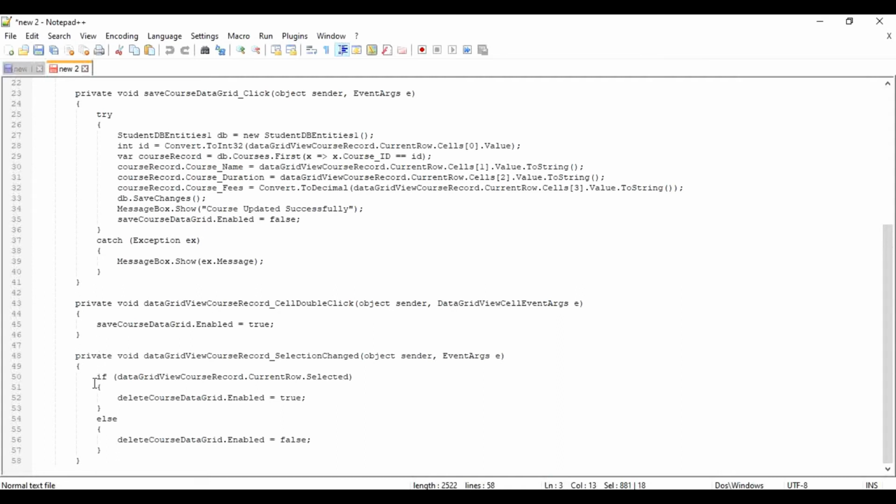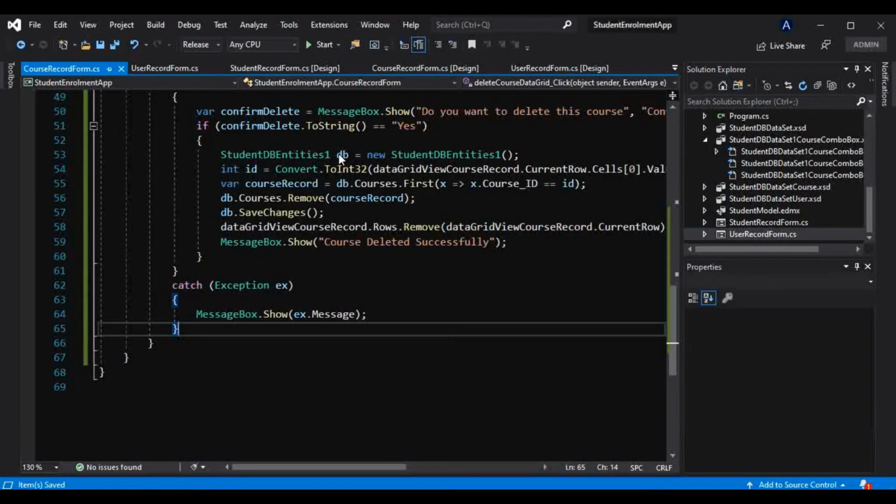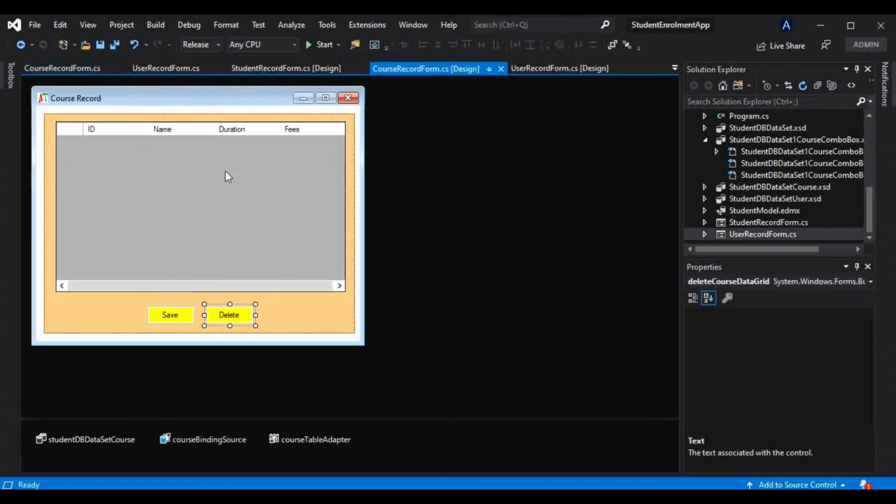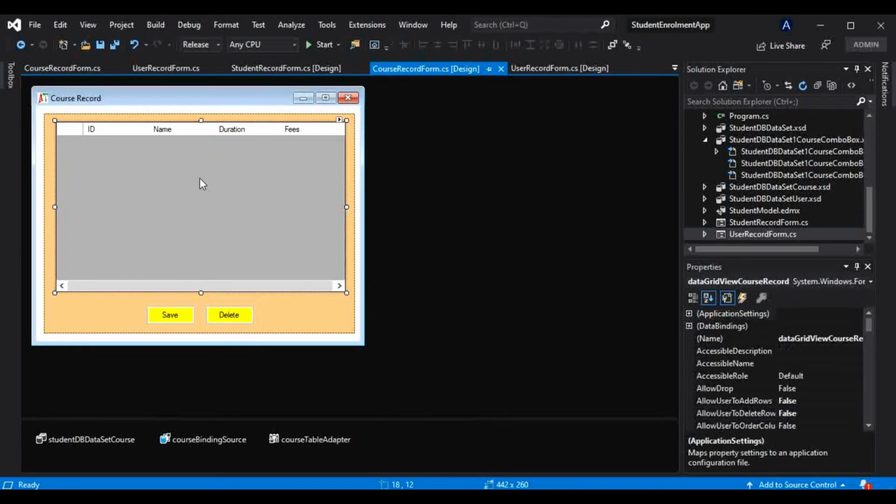But we will fire those events separately. We will not use this complete method here, because the definition of that we will not find in the designer mode then. So this is nothing but a selection change event for the course record, and I will go there. For the course record I want that event.